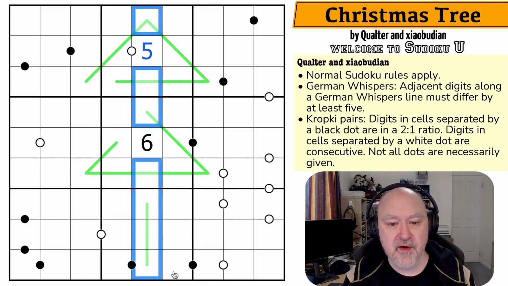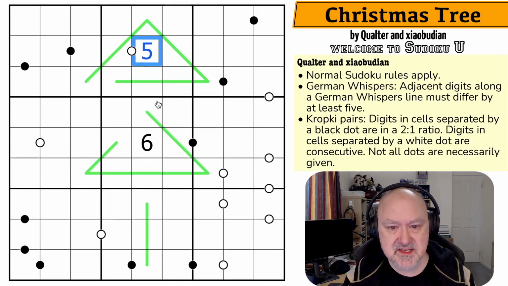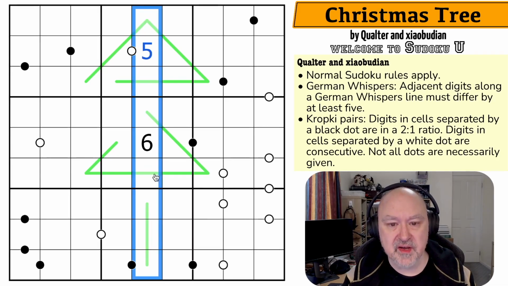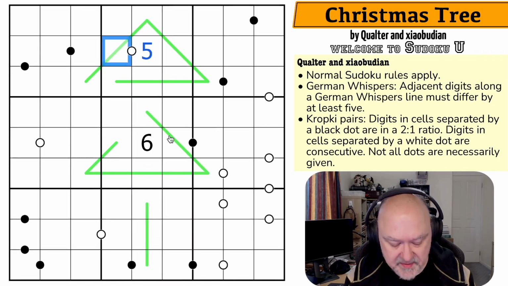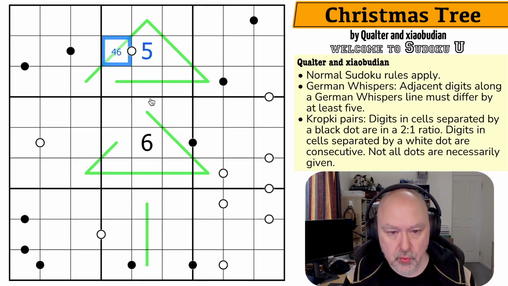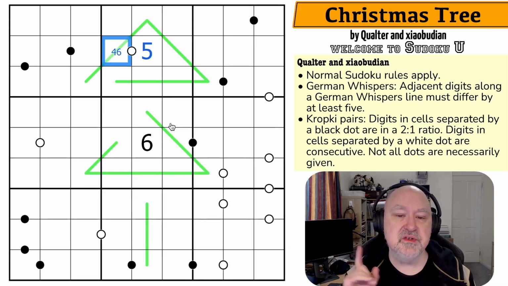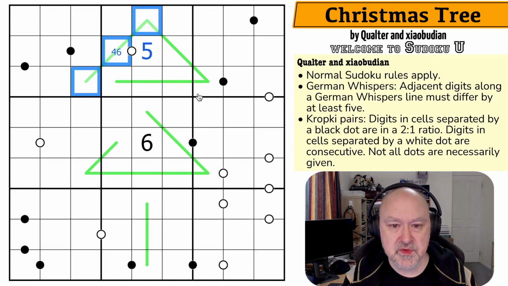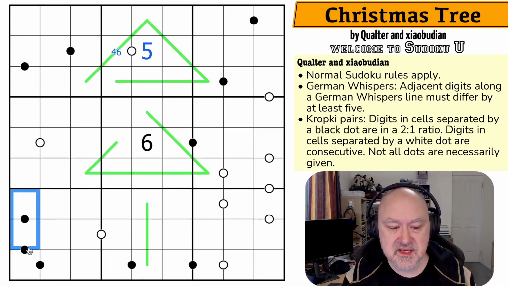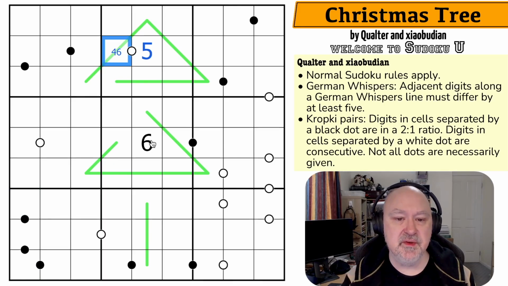So I can never put 5 in any of those cells. That's a 6. So the only place in column 5 I can put a 5 is right there. This has to be consecutive with 5, so this is 4 or 6. Now, because of that, anything on a German whisper line, and I did just notice that this is very forced, but because this has to be 4 or 6,